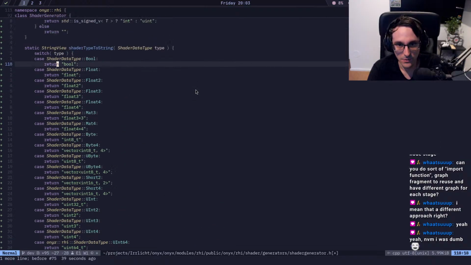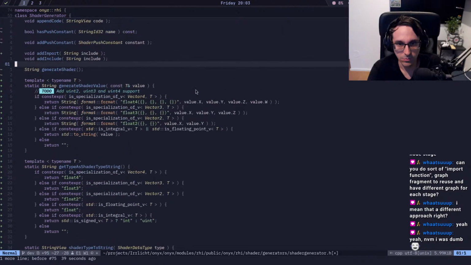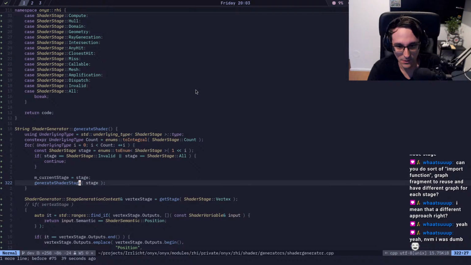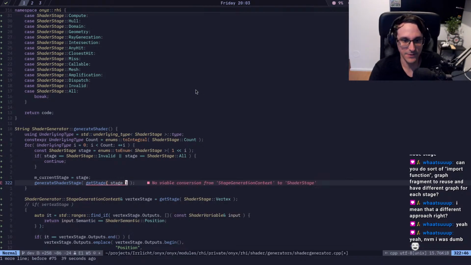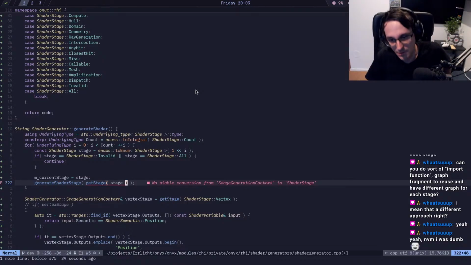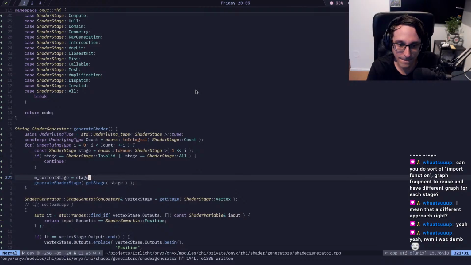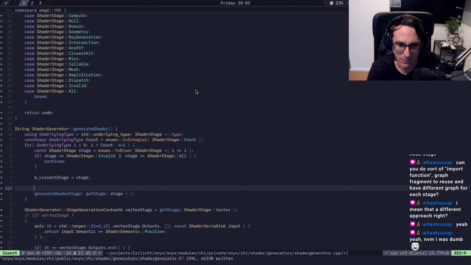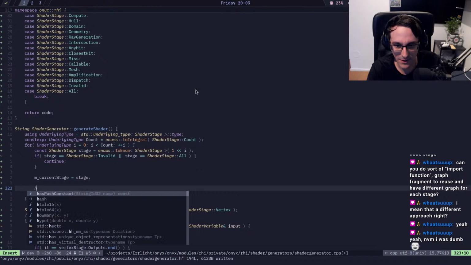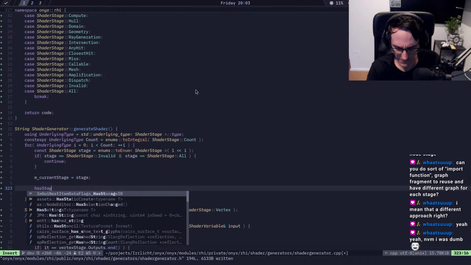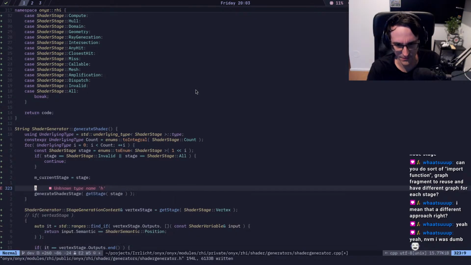And then we go here, we get the stage of that, and we pass that in there. Well, we do a little more than that actually. Hold on, we do a has stage maybe. Do we have that? Okay, no, not yet. I guess we would need that. So if we have the stage,